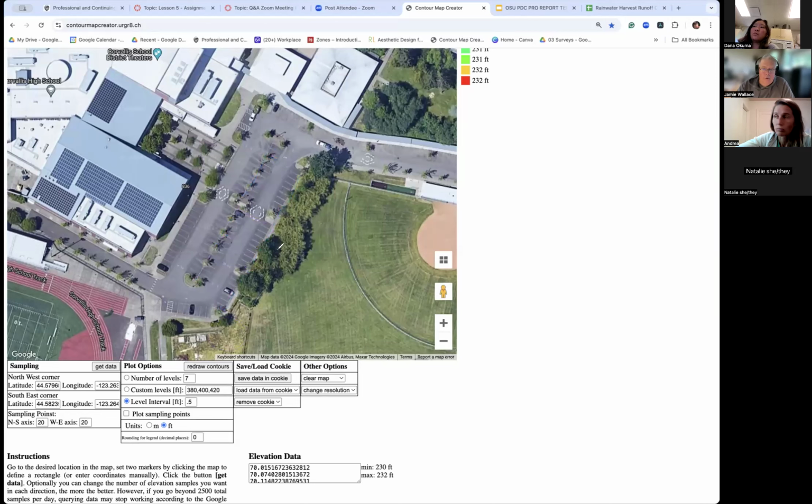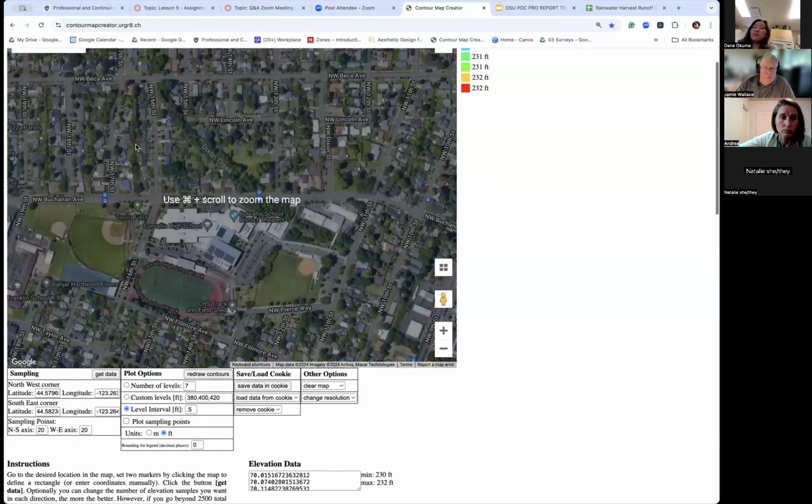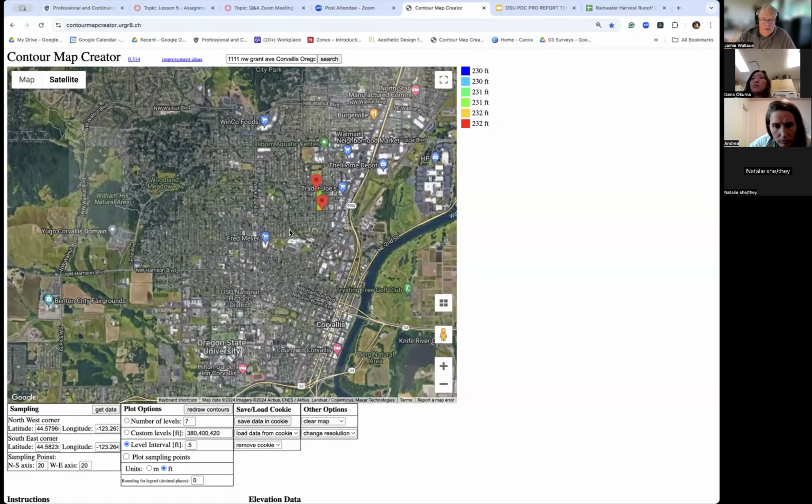If you're in an urban site, these roadways are constraints. We know that with most of these stormwater systems, rain will not jump the road to the other side. So that's why we want to pay attention to the roadways in this. Now, that gets a little more complicated in